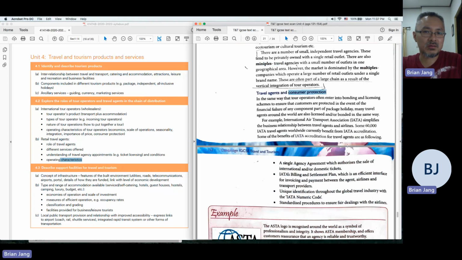it's like an insurance. Not really for the customer, but it's like an association that gives credibility to businesses. Usually businesses have to be part of these kinds of associations. Here, for example, the IATA, the International Air Transport Association. A lot of airlines and travel agents are part of this association. You can't just join it. You have